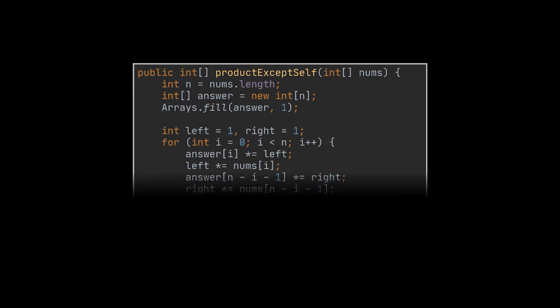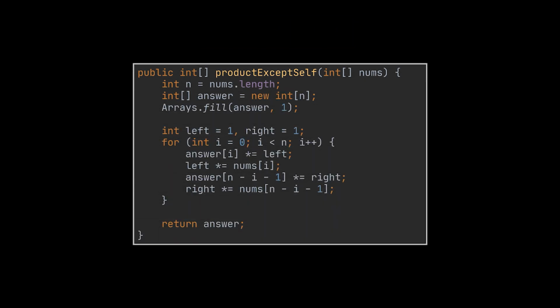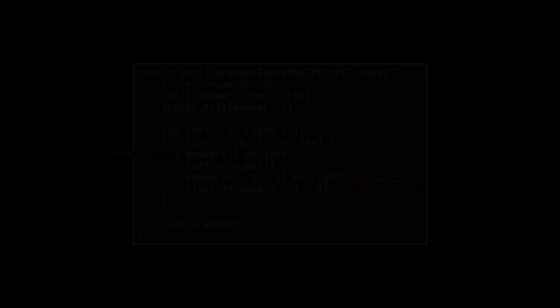Finally, before ending the video, I just want to drop another solution for this problem in case you encounter it online. It uses the same thought process we explained but combines both loops into one. To do that, we must start with an array filled with ones. Then the left and right products are calculated simultaneously in the same for loop as you can see. The answer array is updated twice as well, the first time to store the first multiplication inside it, in this case it is the left product, and the second time to multiply the left product with the right product, leading to the final answer. I personally prefer the two loops approach as it is more readable and easier to understand. Which one do you prefer?